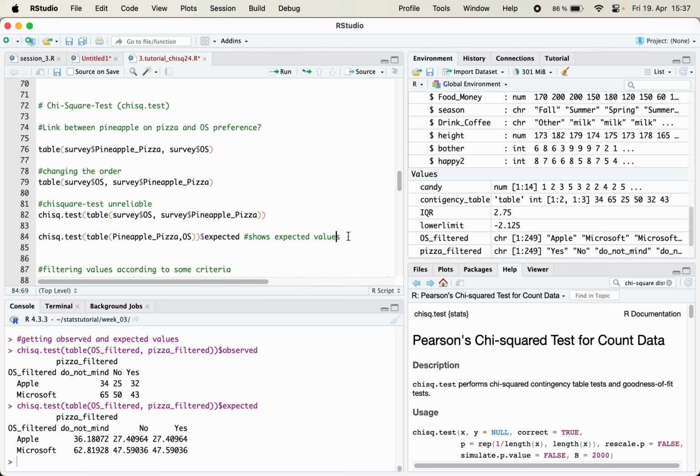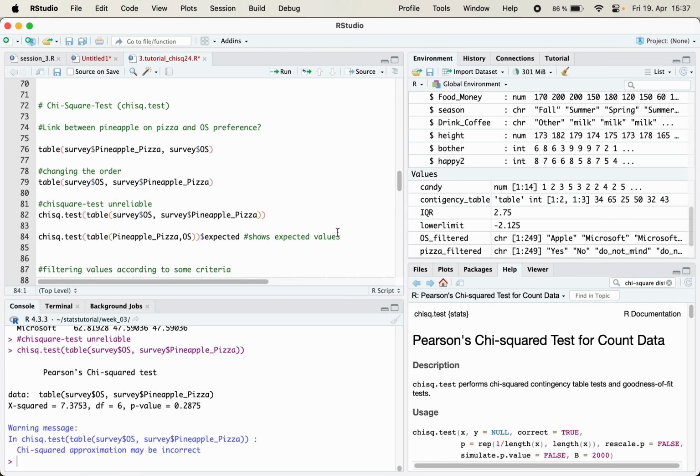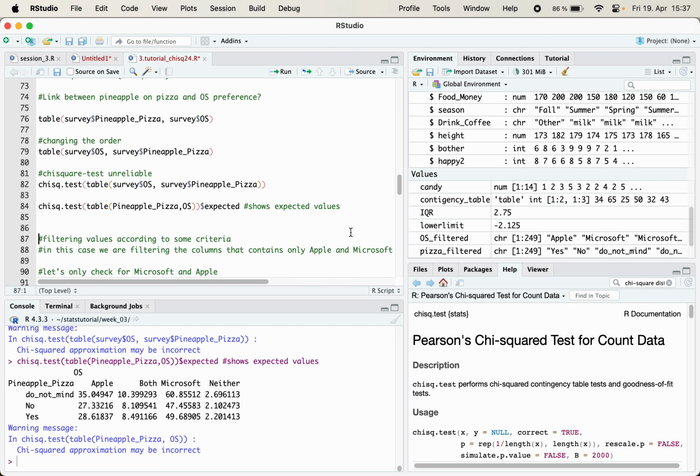So you can see here that if you run this, the chi-square is not running. You have this warning here. Okay, you can see the expected values also from here,